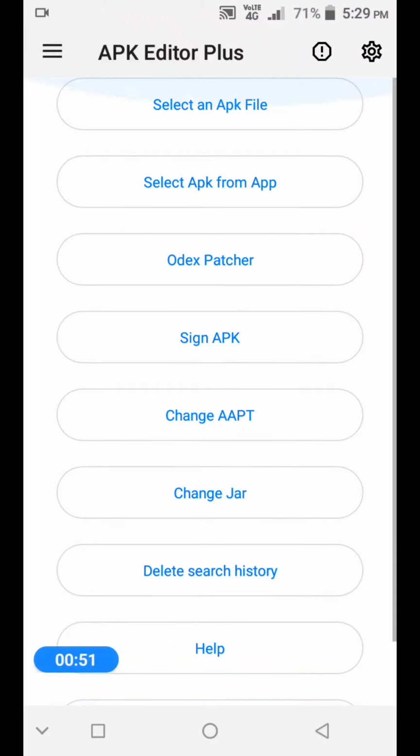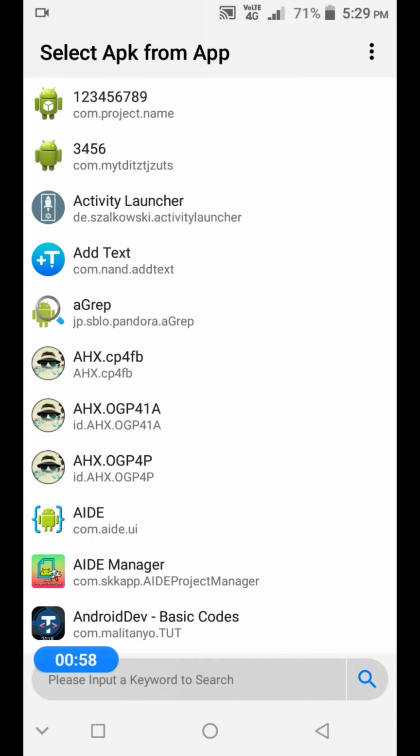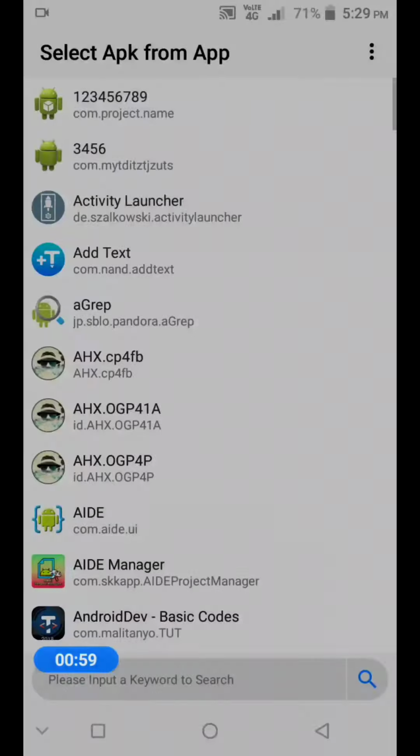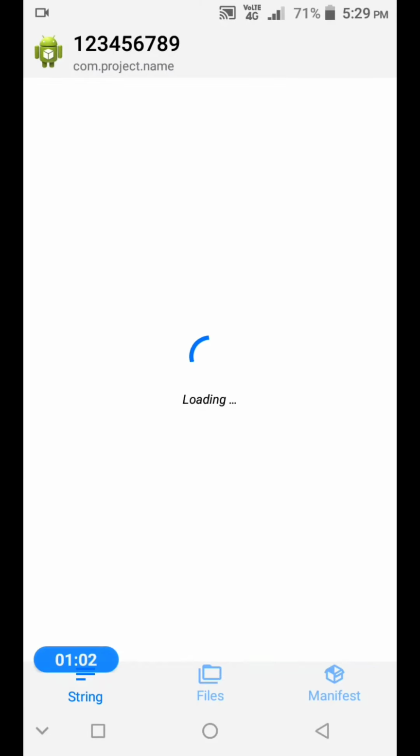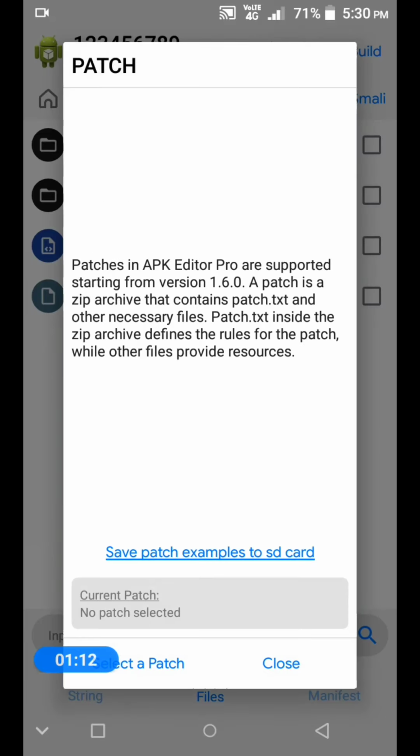First you have to select any of the apps. I will tell you why. After it opens, you click on this save patch examples to SD card.